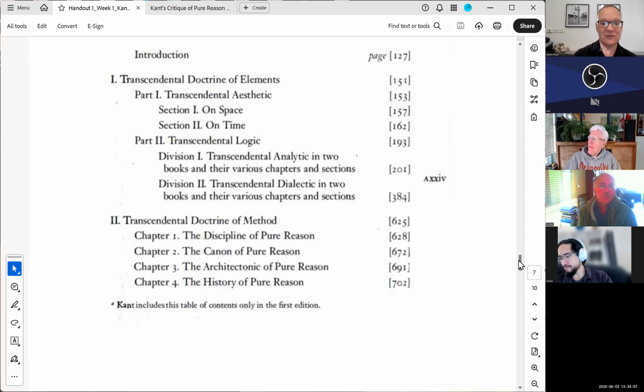And if you look in the transcendental doctrine of method, first, the discipline of pure reason. Discipline means punishment, curtailment, right? The disciplining of pure reason, giving reason borders here and no further. Second, the canon of pure reason, the right use of pure reason, which is not in theory. There are no theoretical objects of pure reason. But there are moral uses of pure reason. We'll come to that. Then the architectonics, or the division of the sciences,